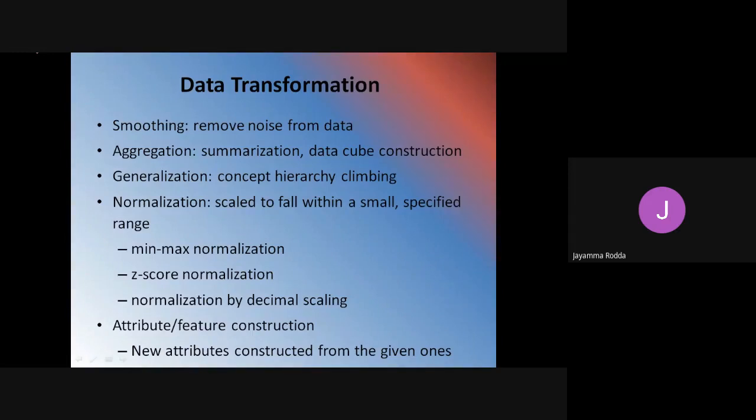That is called lower level values will be replaced by higher values like state, city or district. So city or district, state and country, three individual fields, that's all. That denotes the address of the person. So likewise, through generalization, we will try to reduce the data. So this is called concept hierarchy climbing. Okay.